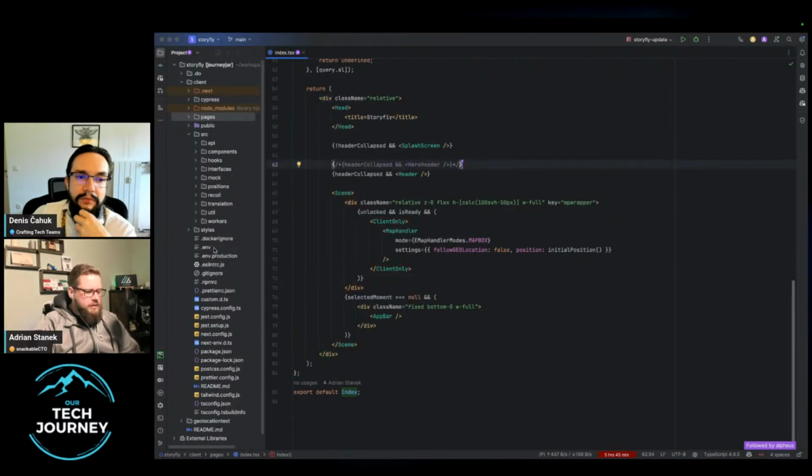Okay, so this is a simple index page. As Dennis said, we're using Code With Me. If you could increase font size just slightly,